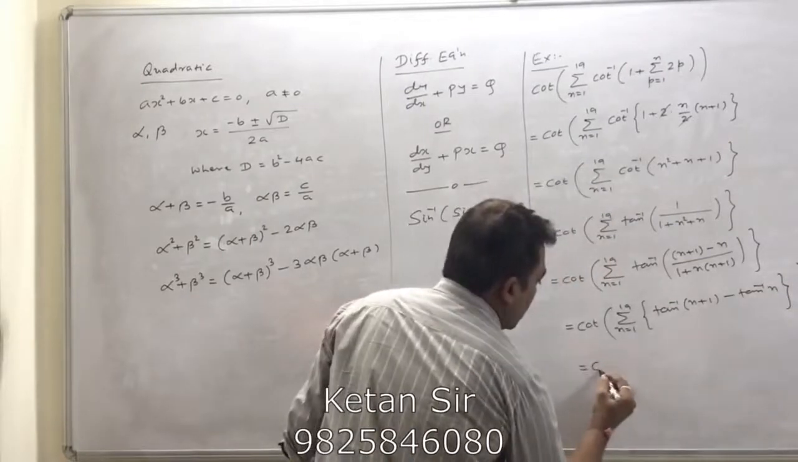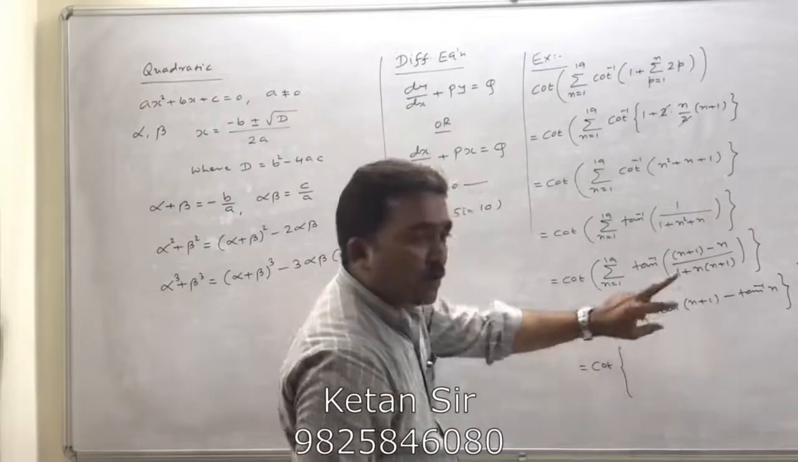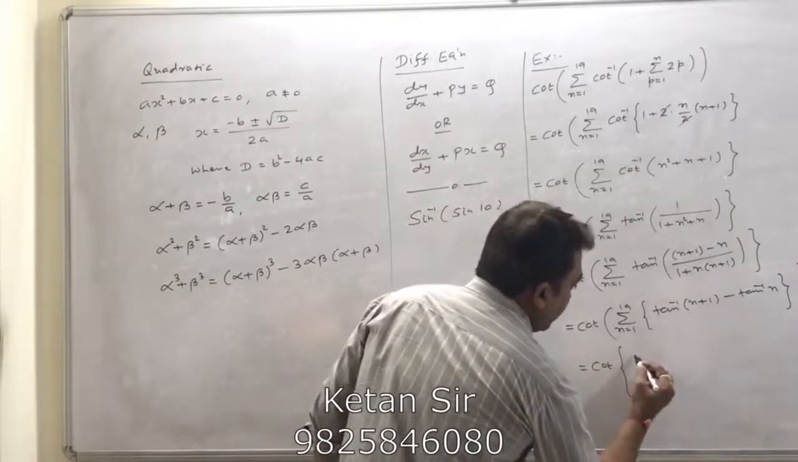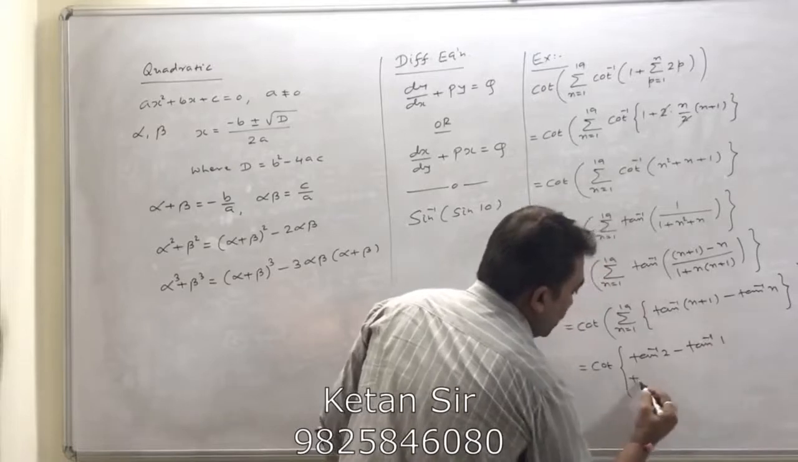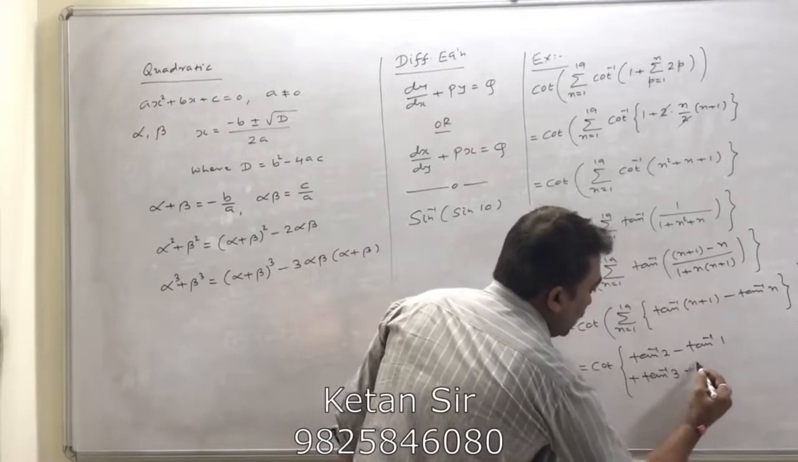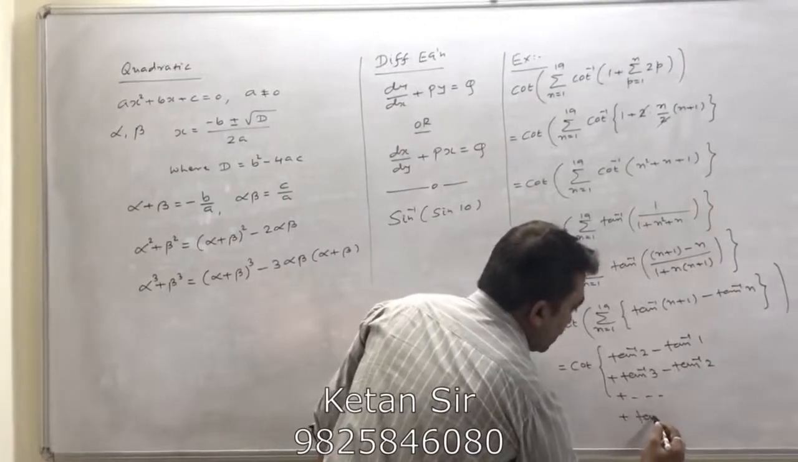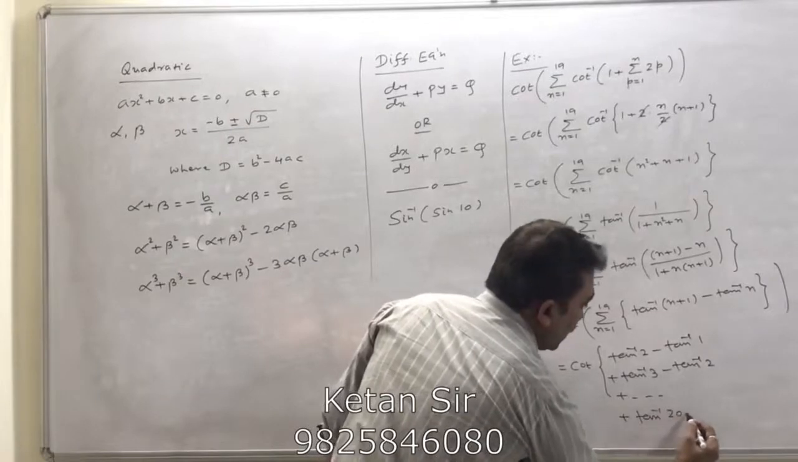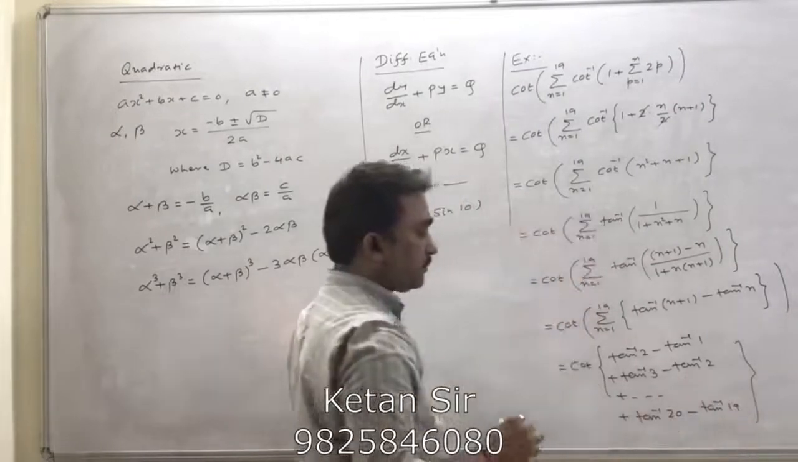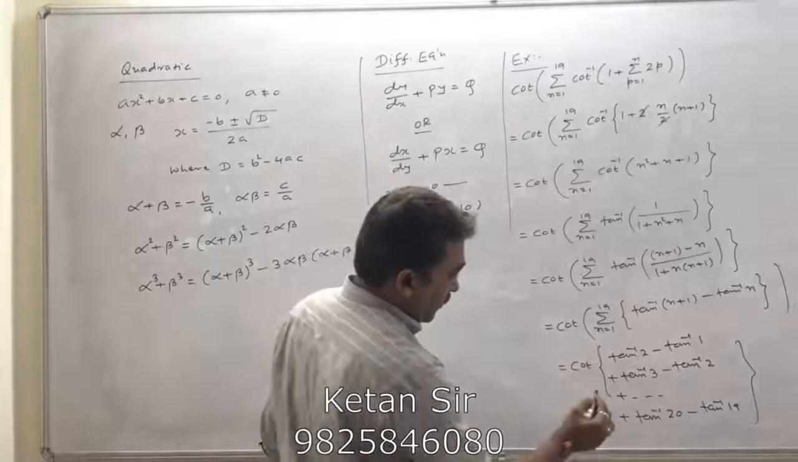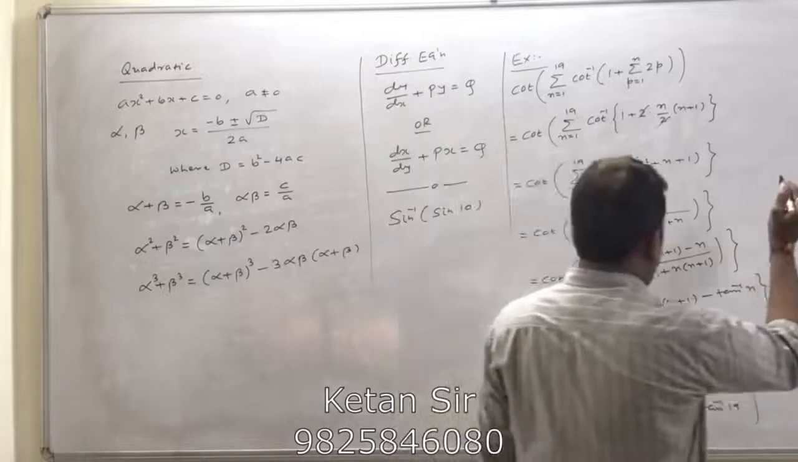Now substitute sigma, take the addition of all these terms. For n equal to 1, tan inverse 2 minus tan inverse 1. For n equal to 2, tan inverse 3 minus tan inverse 2, and so on up to tan inverse 20 minus tan inverse 19. Now tan inverse 2 cancels out, tan inverse 3 cancels out. The remaining terms are